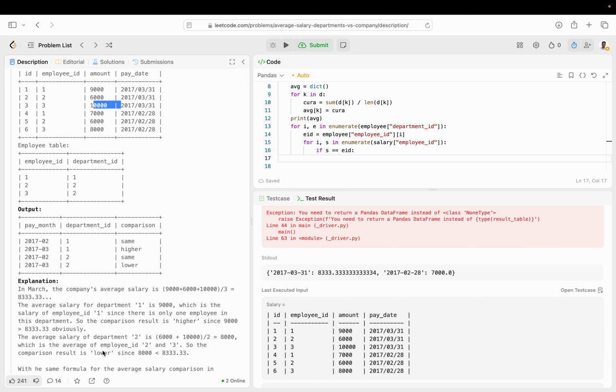Six and 10. 6,000 plus 10,000. Where's that coming from? Oh, okay. I guess we're just looking at this then. So that is going to be compared to this, obviously, but wondering where that's coming from. Oh, okay. So I think we have to get the department ID first, which is